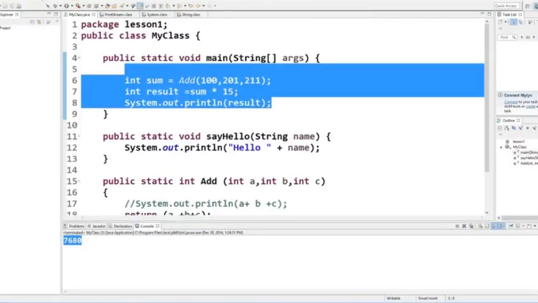So I hope you have understood the basic concept of passing parameters to a method and returning values from a method. I hope you have understood the concept,